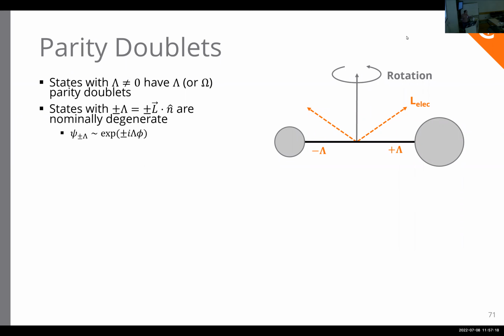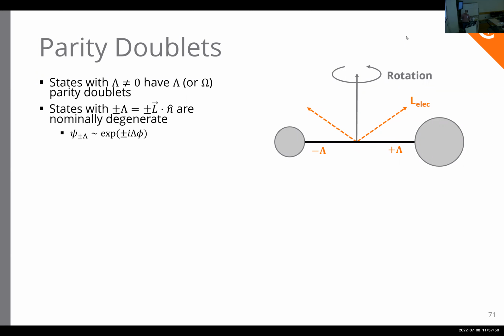Because it allows you to polarize things very efficiently in small fields and get very good sensitivity. Here's what they are and where they come from. There are actually many ways of getting parity doublets, but this is where the parity doublets in the THO molecule come from. States which have non-zero lambda, so remember that's non-zero projection of electronic orbital angular momentum on the internuclear axis. States that have non-zero lambda have these doublets